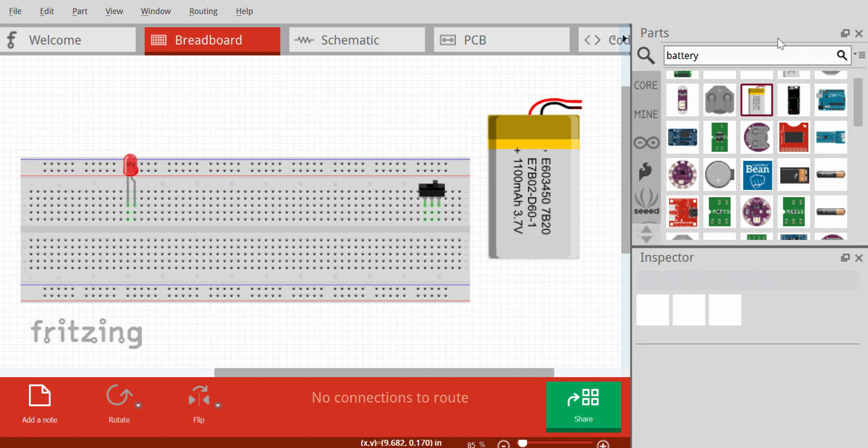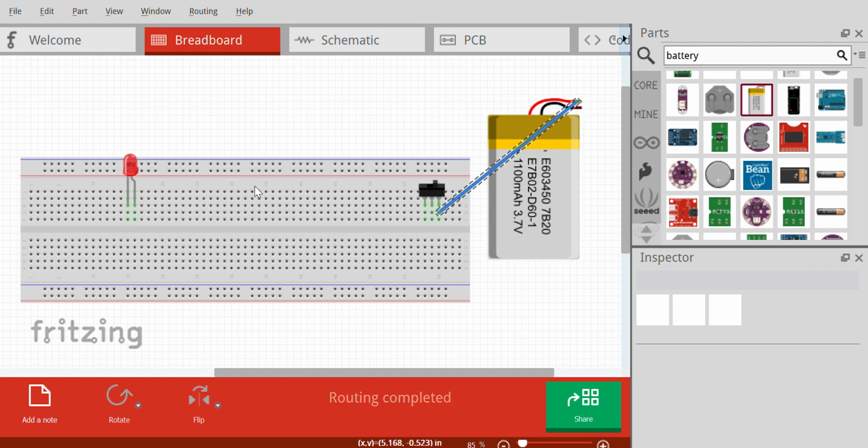Here we select the components that we need, and if we don't have any components we can search for those components online, for example how to get a component ESP32 or Arduino Nano for Fritzing. Then you can download that and import here, and after that take the positive terminal, connect it to one end